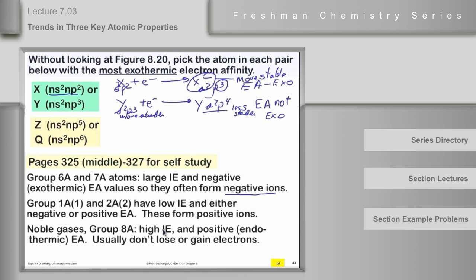So the high ionization energies mean they're not likely to form positive ions, cost too much energy to take an electron away from them. And the endothermic electron affinity means they're probably not going to form negative ions because there's nothing to be gained, and maybe even you have to put energy in. So these guys don't form positive or negative